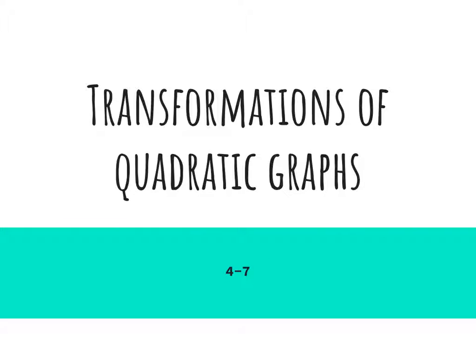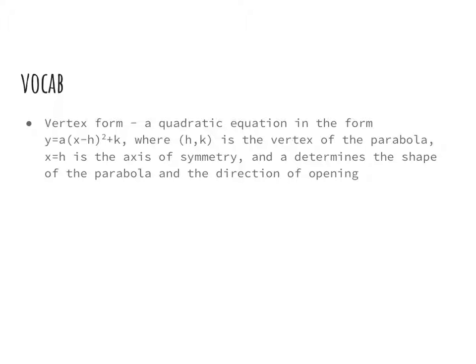Welcome to 4.7. Today we're going to talk transformations of quadratic graphs. The only vocab term for this lesson is vertex form, and that's a quadratic equation in the form of y